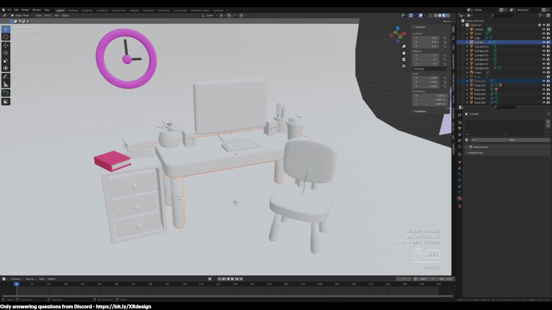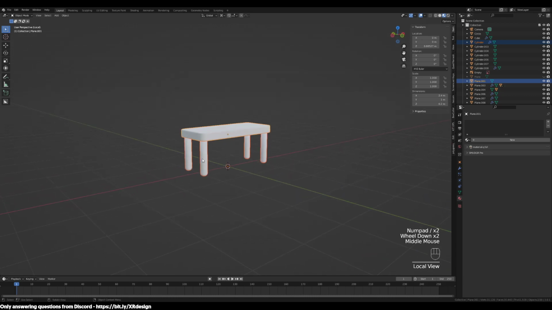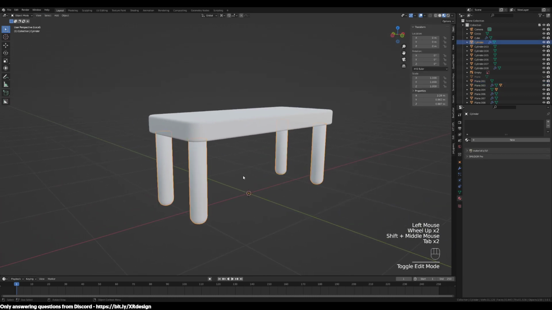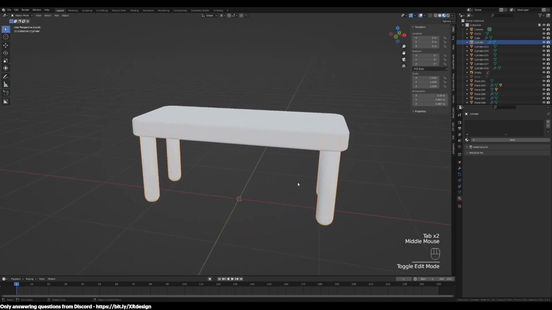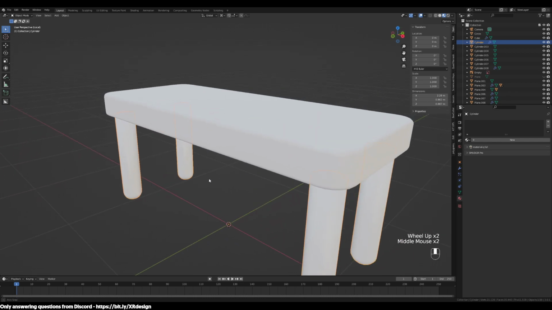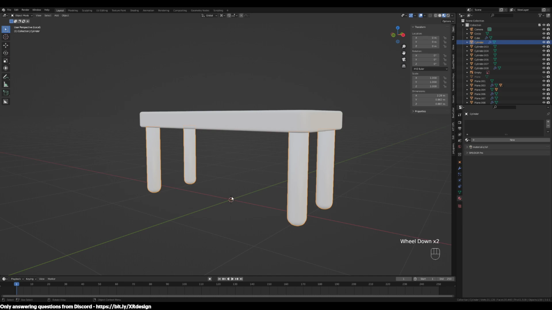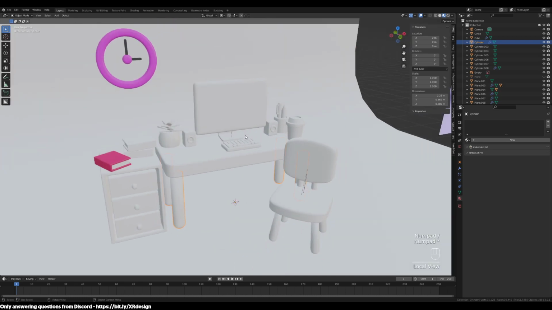So let's just isolate the view. So we have these two. After you select the legs and the tabletop, just hit slash. And when you animate something, you always want to make sure your origin point is where you want it to start. So for example, we had the legs popping up from the ground, right? And if this origin point was on the top of these faces, so let me